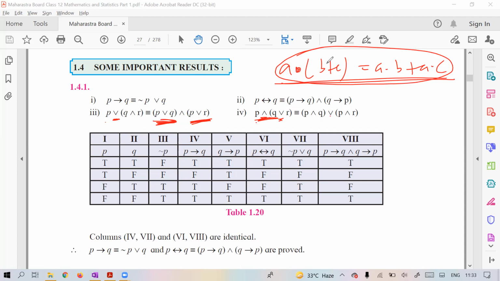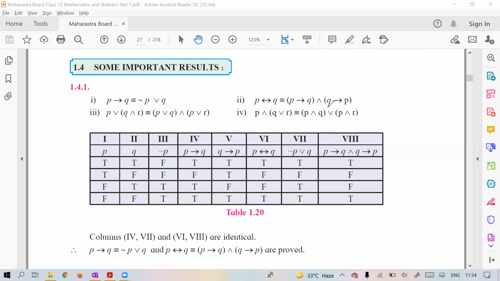There is a multiplication, there is addition. So in place of multiplication, here was this OR, and in place of multiplication, here is AND. So you do it in a similar way. Okay, and the plus in the middle will be plus in the middle, like the notation in the middle will be the same notation in the middle. So are you getting what I'm saying? Just distribute P over Q and R.